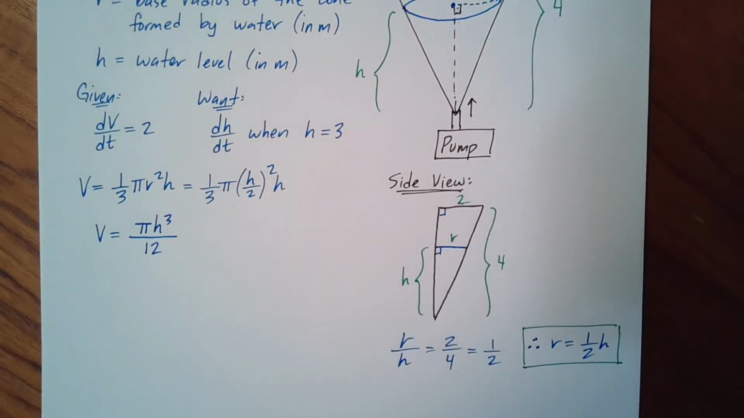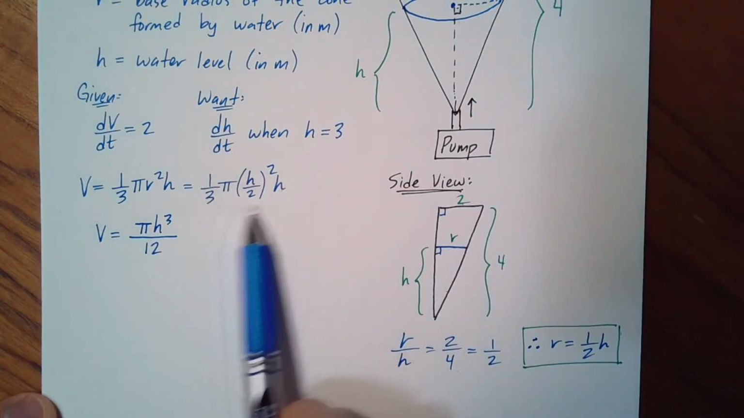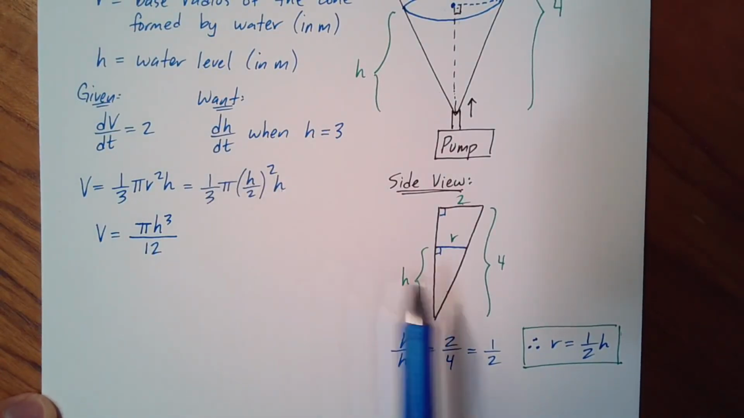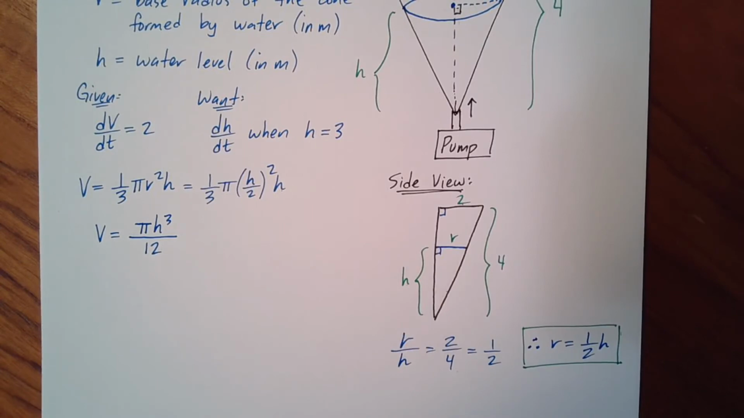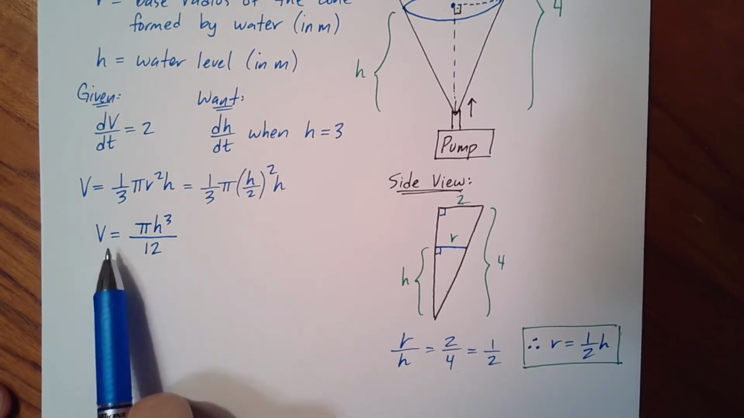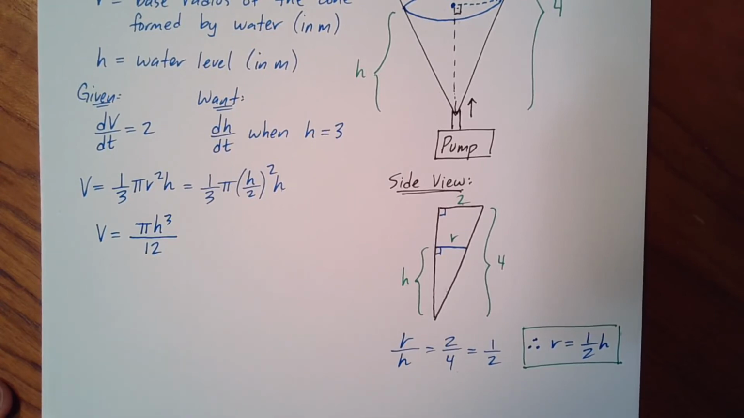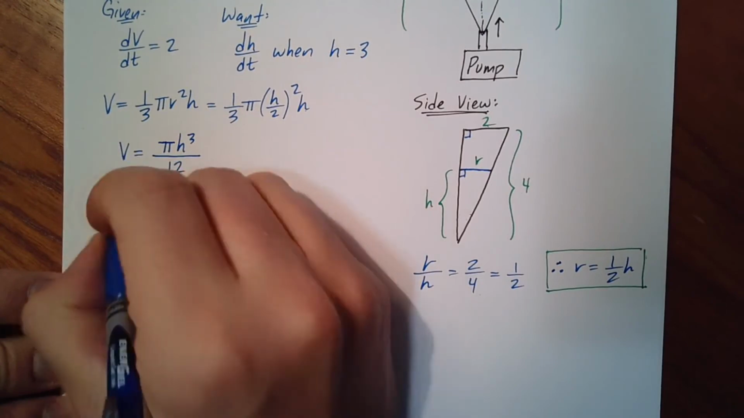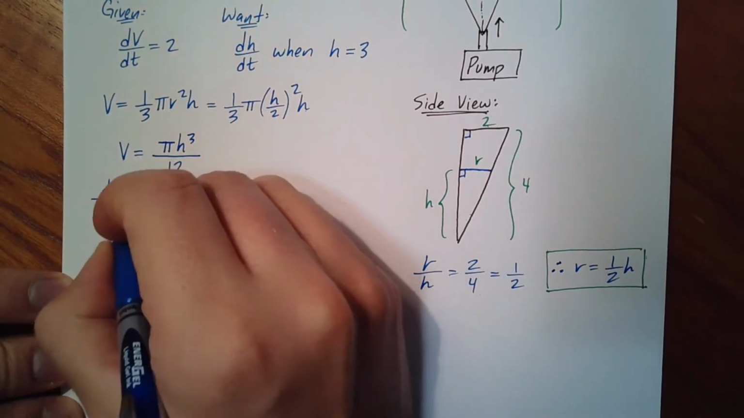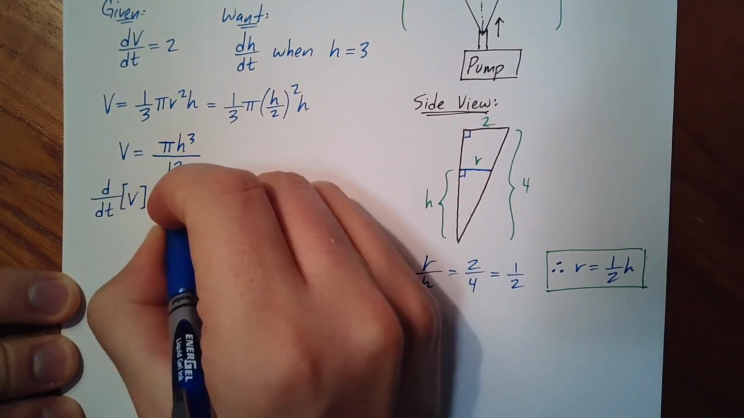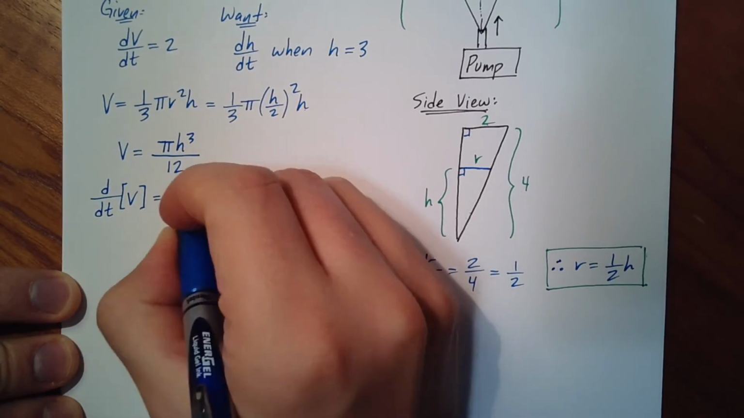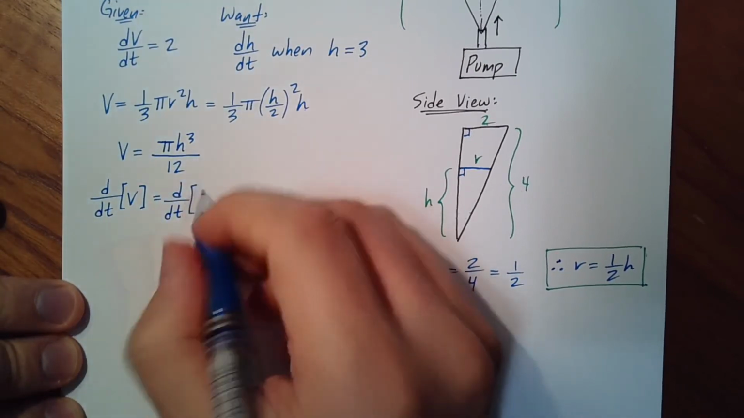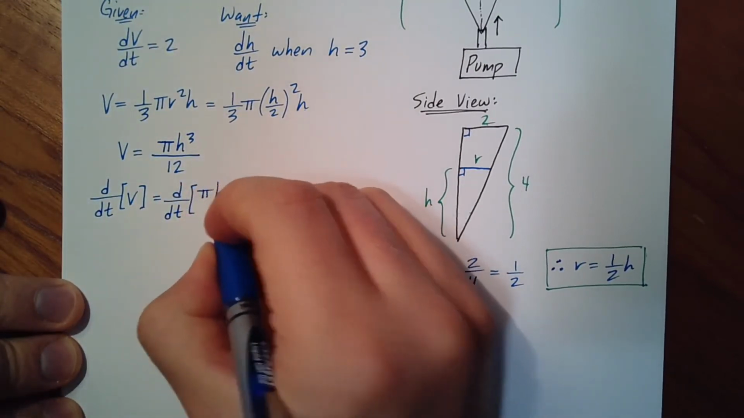So that's what you get if you carefully combine all these fractions into one fraction. You'll end up getting pi h cubed over 12. And that's the relationship we're going to use here. So we want to take the derivative of both sides of this equation with respect to time, because that's going to be our next step, right? So we want the derivative with respect to time of the volume is equal to the derivative with respect to time of the right-hand side, which is pi h cubed